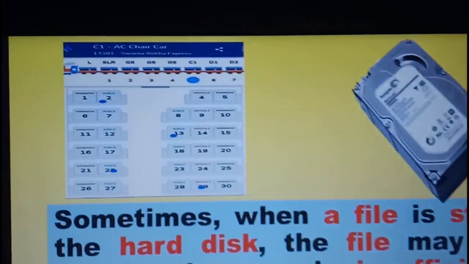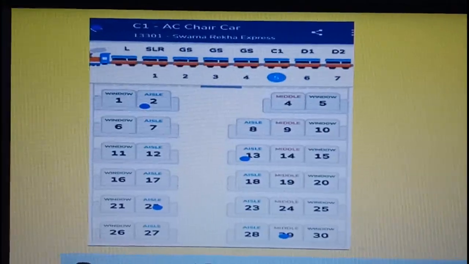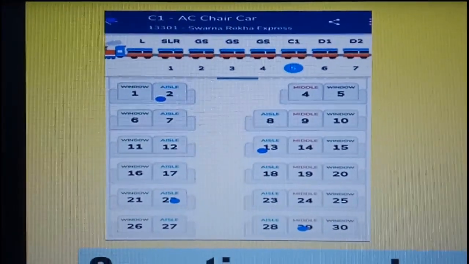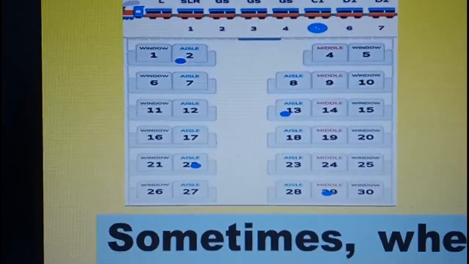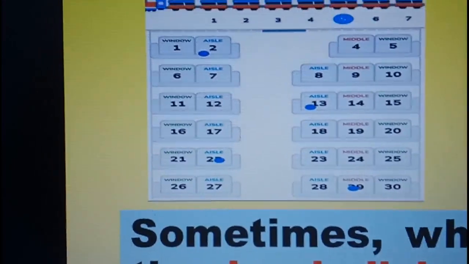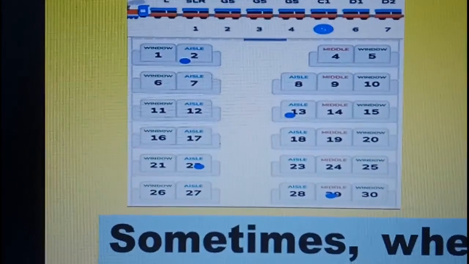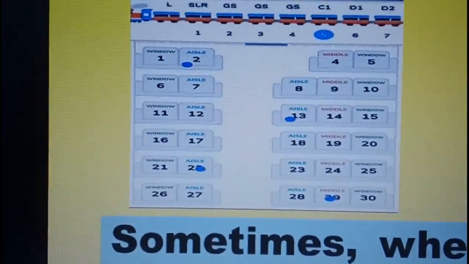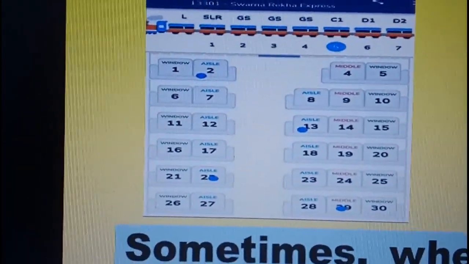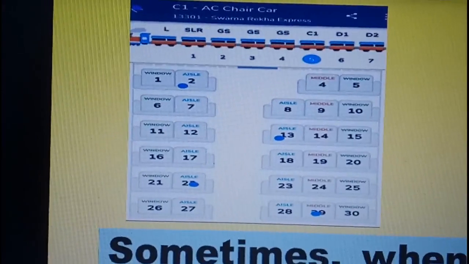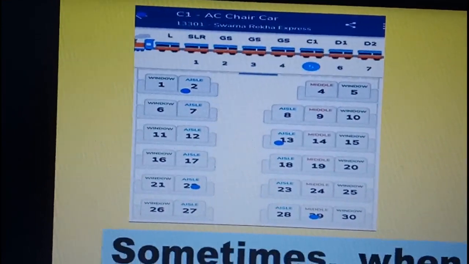What do we have here? This seems like the compartment of a train. Now sometimes this happens. Your father has got seat number 2, mummy has got seat number 13, you have got seat number 22 and bhaiya has got seat number 29. Now that's not a fun way to travel, would it be? You would like to be together, but this is how it has happened. This has probably happened because there are a good number of you, 4 of you, and also because there is not enough free space in the compartment.